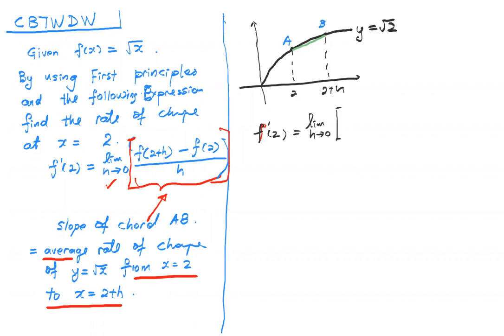So I will write my f, square root of 2 plus h, take away square root of 2, divided by h. Isn't it? We write it like that. Okay, then the next step, you also have to write limit. Then you have to simplify this. Okay, yesterday I taught you how to simplify fractions, correct? So today I want to teach you how to simplify if I have square roots. Okay, so the way to simplify